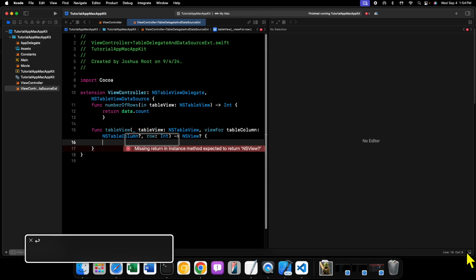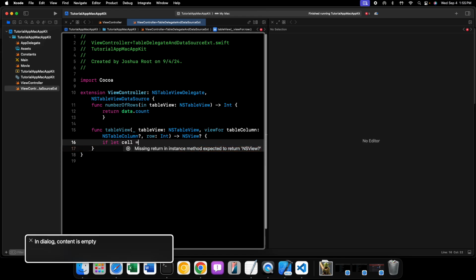Now, inside of this method, there's one thing we need to keep in mind, is that when we actually create our cells, there's a process that we need to go through. And that process pretty much is if a cell already exists, then we'll just return the cell, a recycled version of the cell that already exists. Otherwise, we need to create the cell manually. All right, so let's go ahead and say if let cell equals